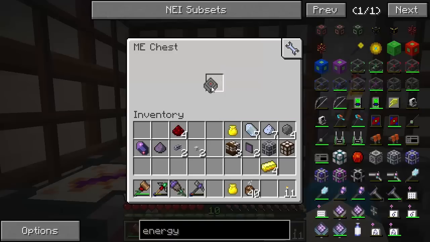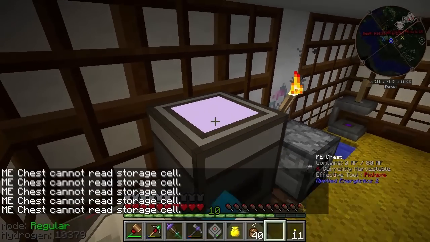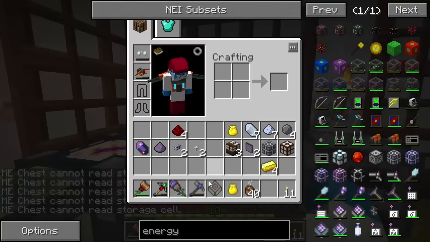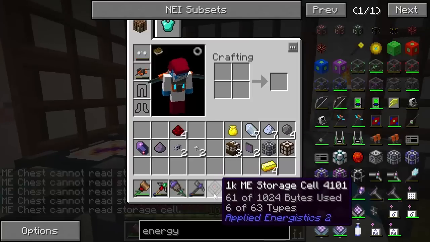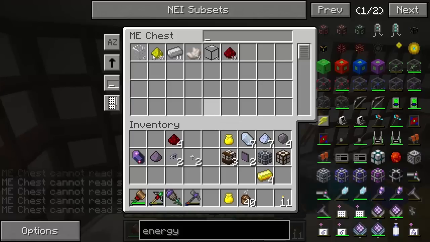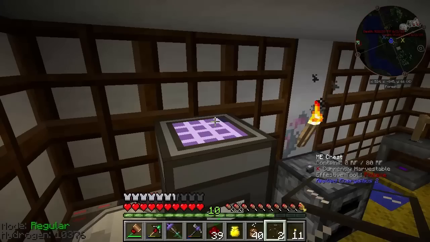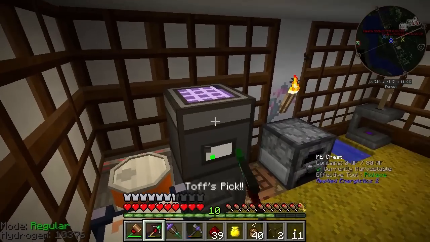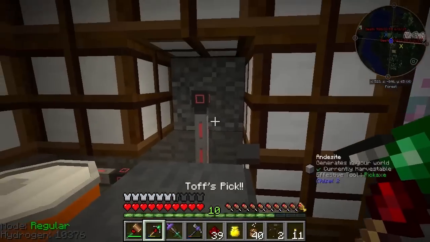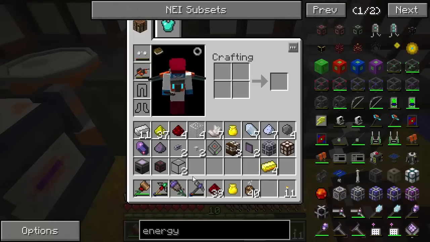So let's take this 1K storage, right? There's nothing in there. Where did all our stuff go? Well, it's now stored inside this storage cell. So we just go ahead and put that into there, and it's still there, look guys. It's not gone anywhere, it's still there, but this is the very, very basics of how to use Applied Energistics. Again, I'm not keeping that there. I want to be able to